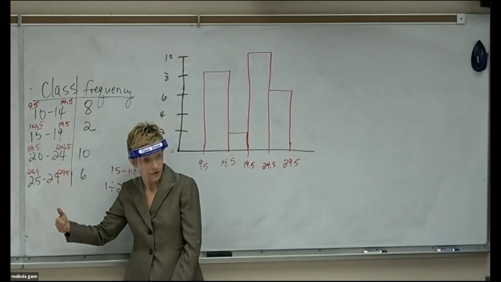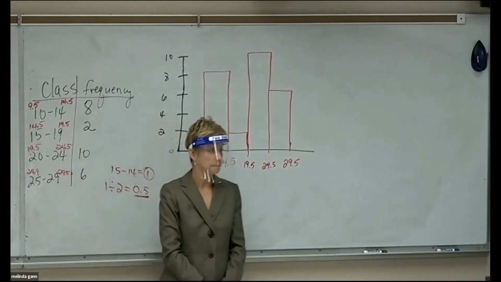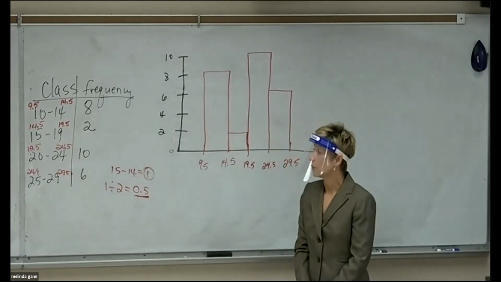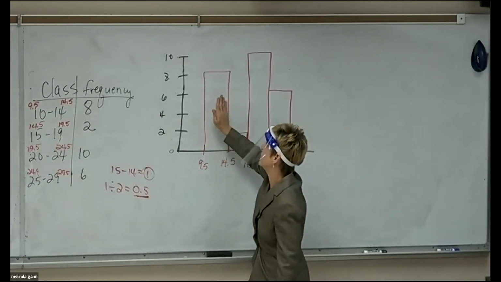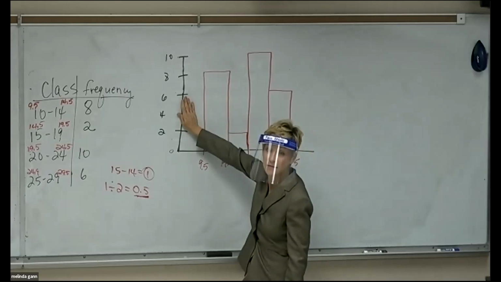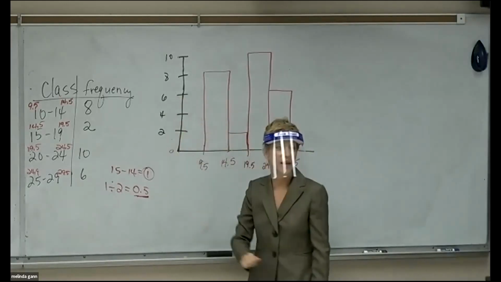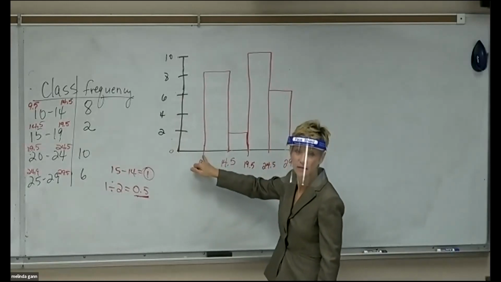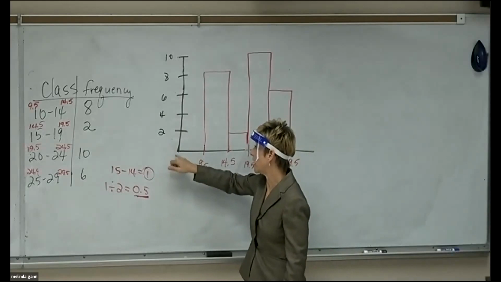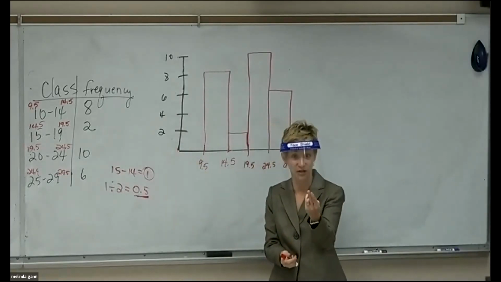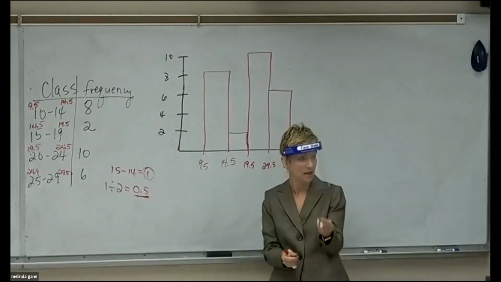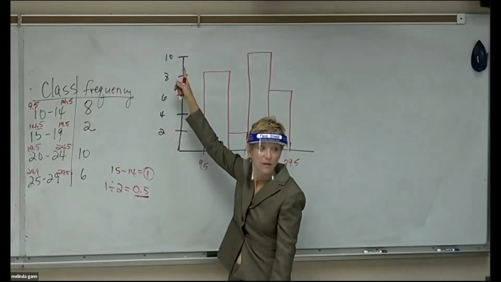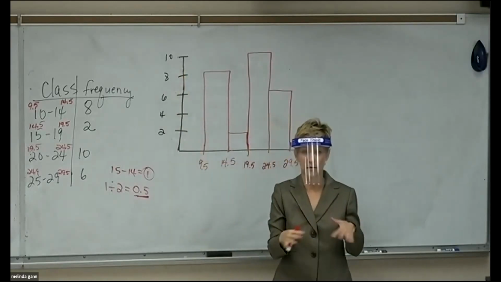Okay? Now, I'm going to tell you what's different about mine and the ones in the book. The ones in the book tend to shove this bar right up against that axis. And I think that's hard to read. Because if this thing's supposed to start with 9 and 5/10, and I shove it up right there, this corner has 2 different values at the same time. You see what I'm saying? It would be 9 and 5/10 for the horizontal and 0 for the vertical, and I think that freaks people out a bit.